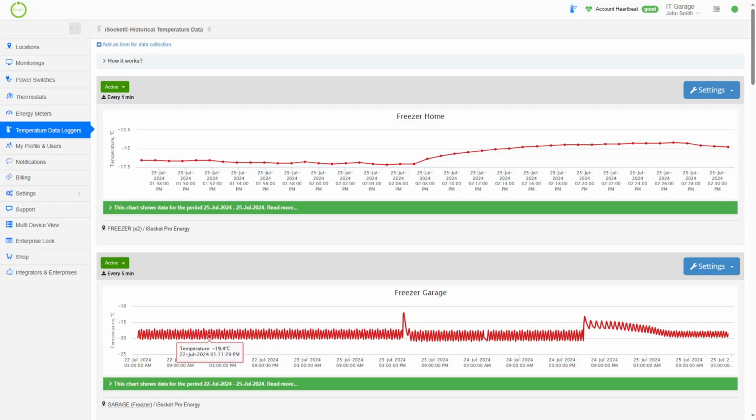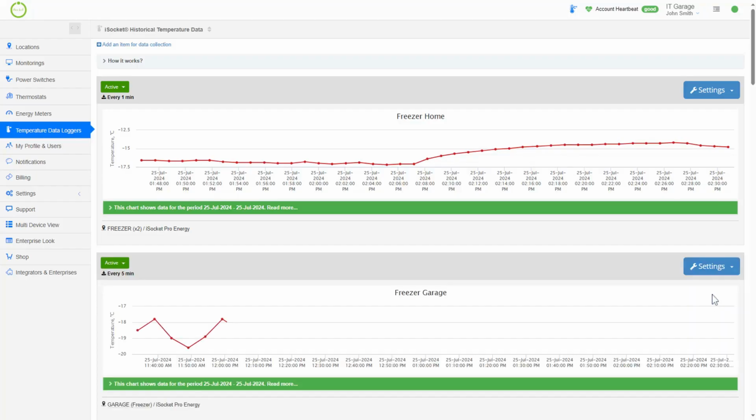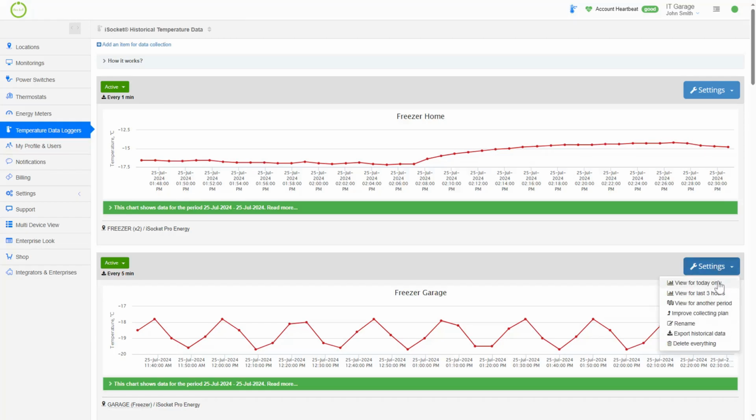But now I am monitoring every single drop or rise in the temperature. So you can see it is at about -18 all the time. Yeah, so the spike when I open the door. We can here look at the last 3 hours, click. We actually can look at any period of time, but the quick options are for today and for the last 3 hours. And here we can see this profile. A very constant profile of this freezer.